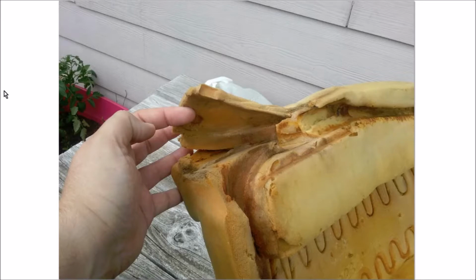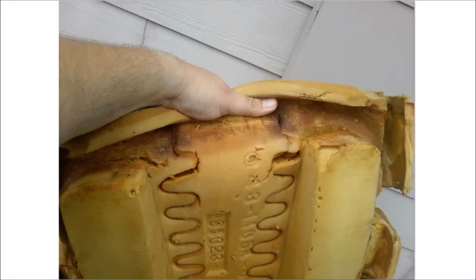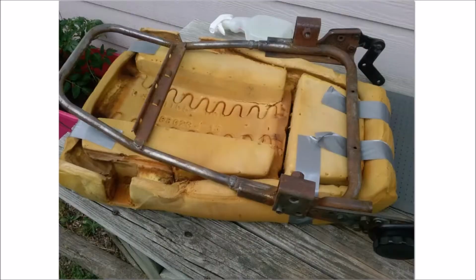The foam itself took some severe abuse because the seat was broken for so long. And right along that edge on the right side there, right here, you can see that that's broken, and this piece, if it had broken up here, that piece would have just come out altogether, which would have not been a lot of fun to fix. So you can see it got into the springs, got into the foam, and the foam's broken and cracked pretty severely. So Gorilla Glue to the rescue. Wetted all those areas with water, poured off the excess water, and then